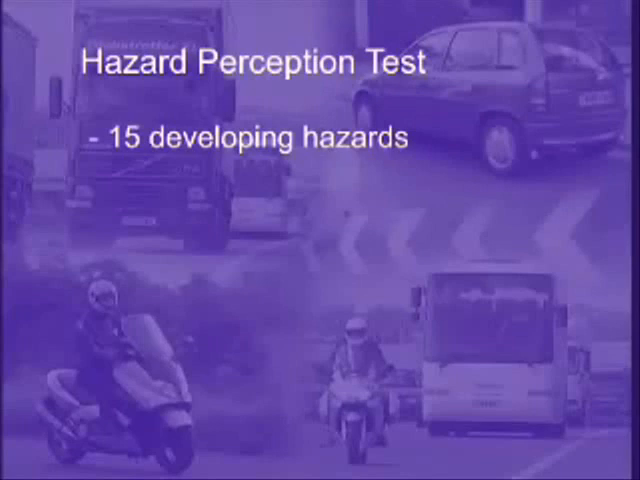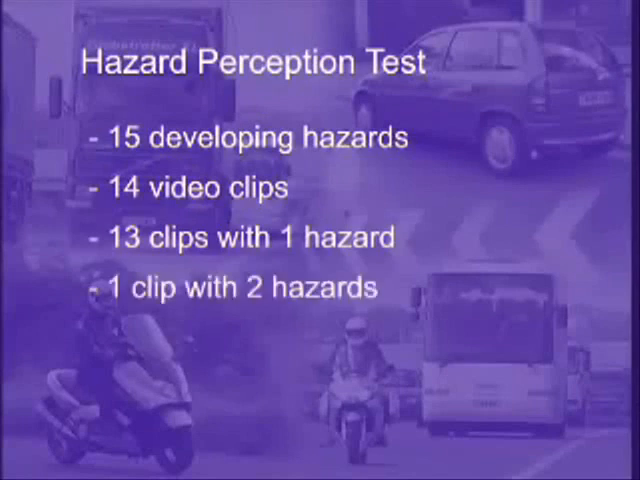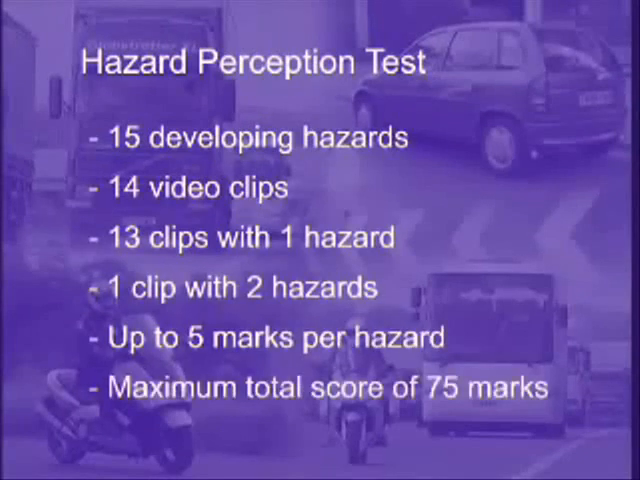On the hazard perception test, you will score marks by spotting developing hazards. 15 developing hazards will be shown across 14 video clips. 13 video clips will contain just one developing hazard each, and one clip will contain two. You can score up to 5 marks for each hazard spotted, giving a total maximum possible score for the test